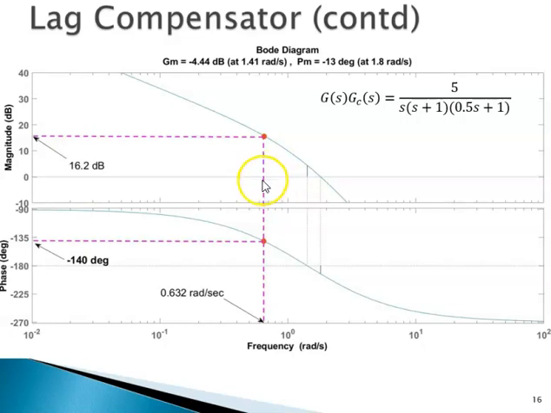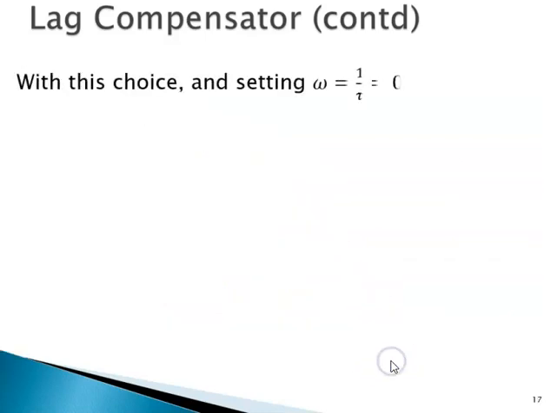If the curve passes through 0, this is the gain crossover frequency, and the angle here is minus 140 and the phase is 40 degrees. Though we show the curve moving entirely by 16.2 dB down, actually what happens is the curve shapes itself so that it passes through 0. So we have chosen this to be 0.632, and with this choice